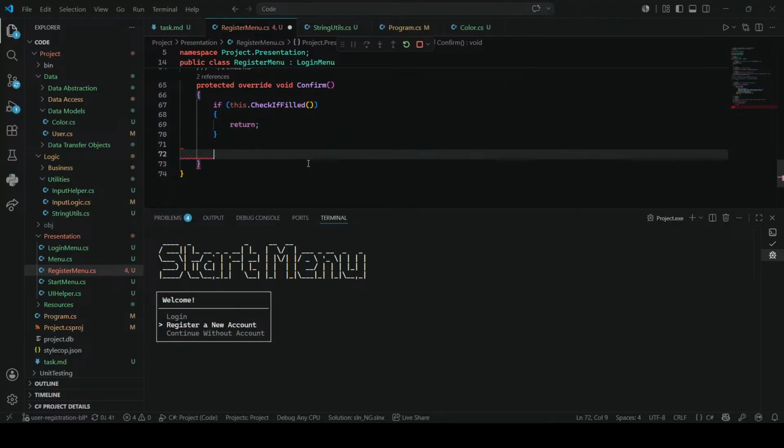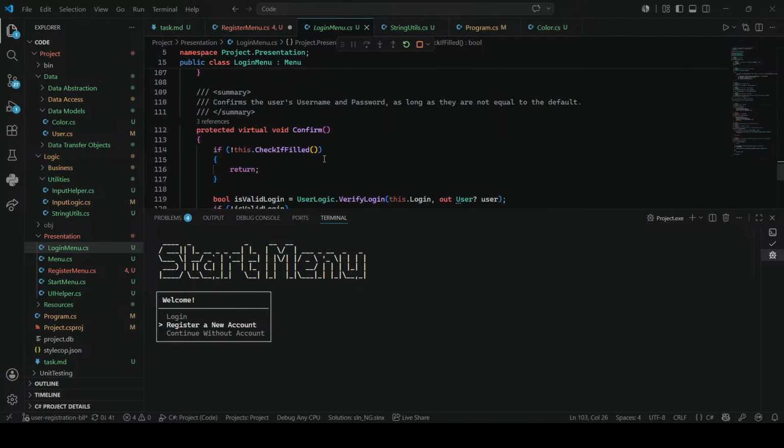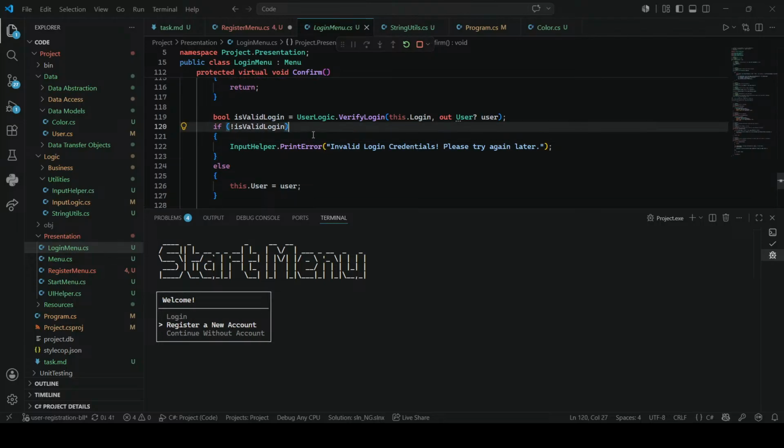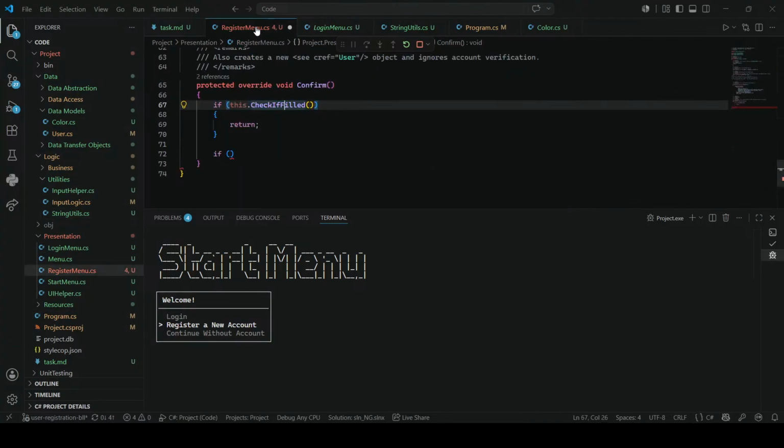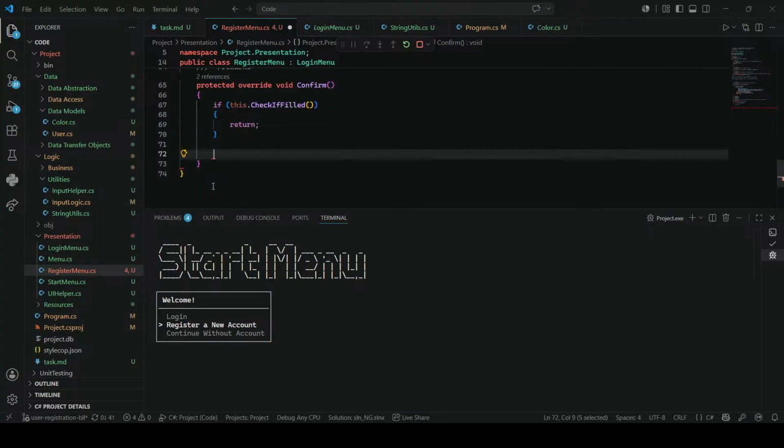Return, otherwise, if. So basically what I did here, right? This here does that, and then it's is valid login, they do that, and otherwise set the user to that. The name would also have to have some more validation, I think, but whatever. And then, yeah, otherwise, say this dot user equals